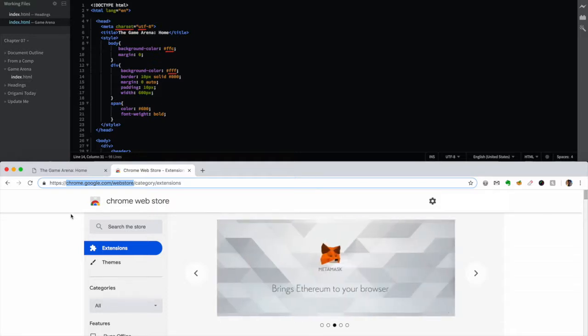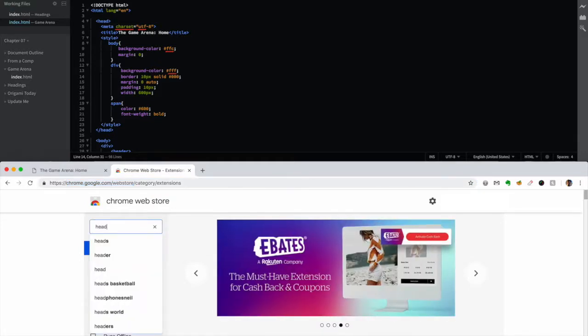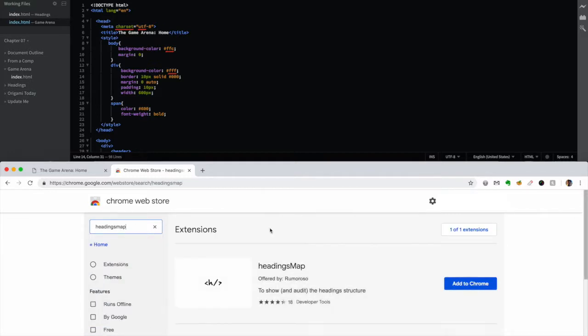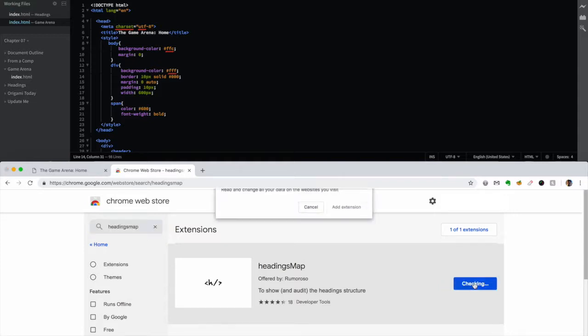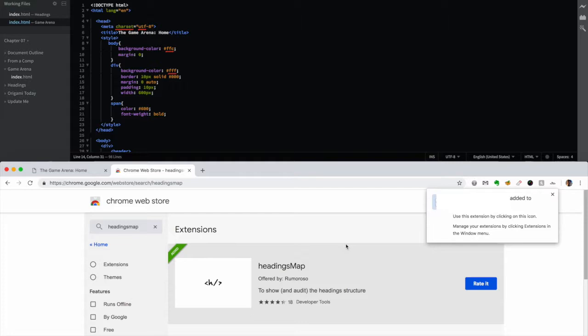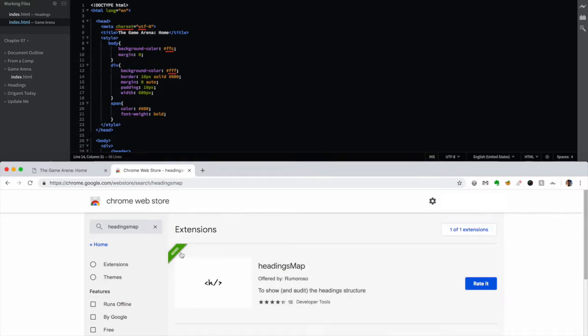Once you're there, go ahead and go to the search box right here. It may be a little different once you're watching this video. Type in headings map and press enter. That should take you straight to this extension right here called headings map. That should show an H with a slash in it. Go ahead and add it to Chrome. Add extension. And then once this little green bar has been added right here, and this button says rate it, that means